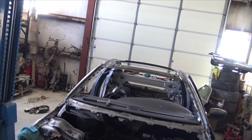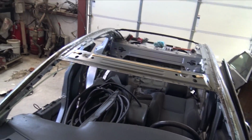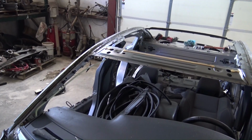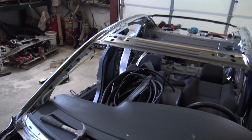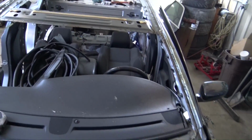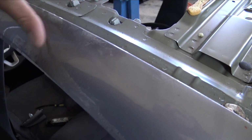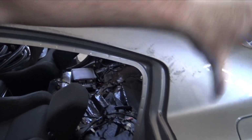Finished removing the roof skin off of the Charger, and they're pretty simple, but you have to use a cutoff wheel to grind down the brazing that connects the roof skin to the A pillars, or the A, B, and C pillar, and it's just kind of a process. So once you have the roof skin off, then you can get to the spot welds for the A pillar,